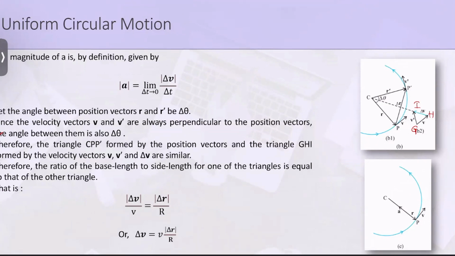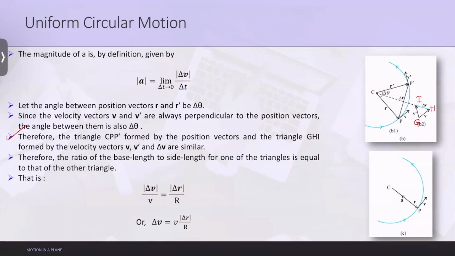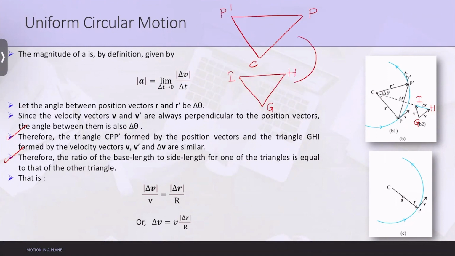So you have understood the similarity of triangles concept in your 10th class only. So that thing is correctly applied here. Therefore, the ratio of the base length to side length for one of the triangles is equal to that of the other triangle. So they are just saying that these two triangles are similar. So therefore, what you obtain is that the value of delta V